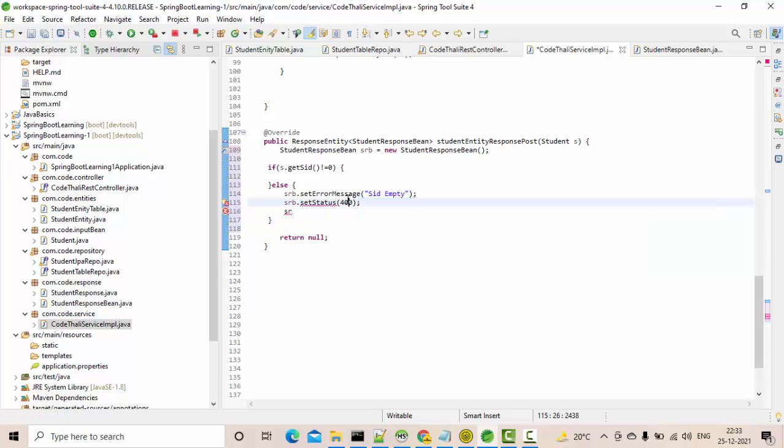Set status is nothing but failure. We have another field called status code. There we need to set status code as something like 400. Okay, for all this we have another separate video, guys. I really suggest you have a look at that. Okay, now return response entity. This is my response entity, right? So response entity dot